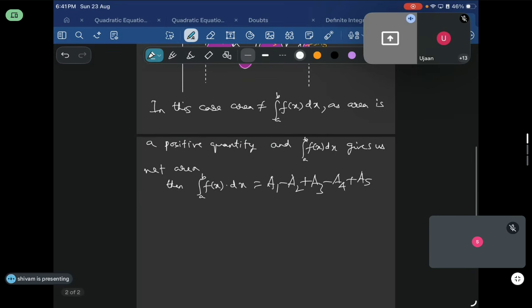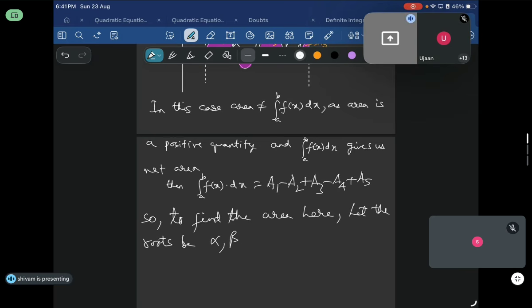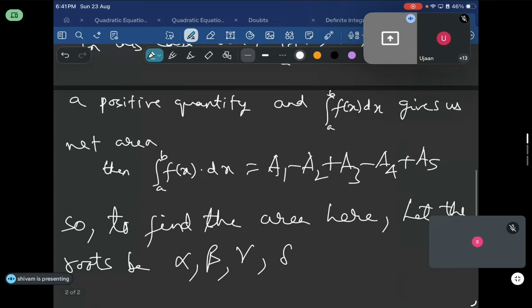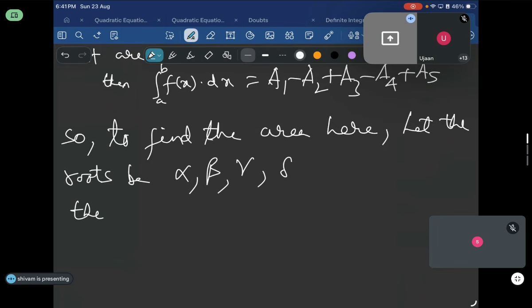So to find the area here, let the roots be alpha, beta, gamma and delta. You will be able to find out the roots of a particular equation. Then area will be equal to